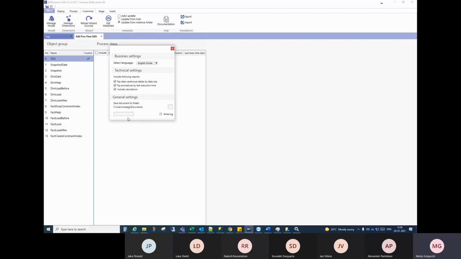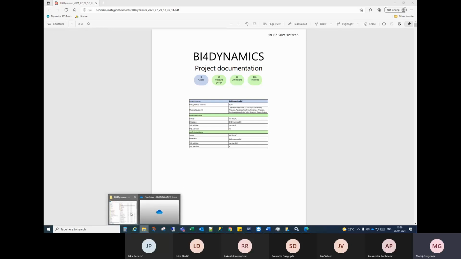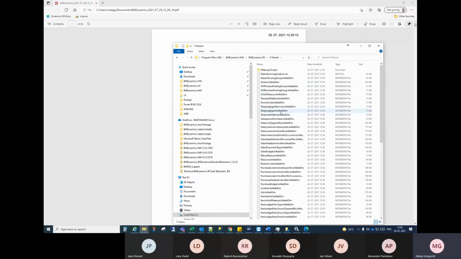Yeah, this will take a minute. So of course, every customer has some specifics. They need to add some customization to the project and so on, right? And what is the hardest thing for a developer to do? It's write documentation, right? So what we did here is took this to another level, and we are generating the documentation automatically. Now, I was already talking about the wizard files that we have here, and as you